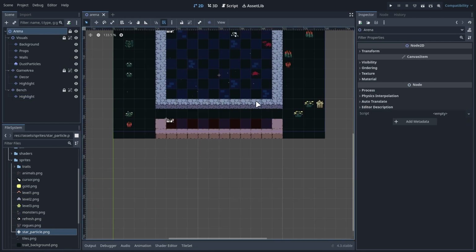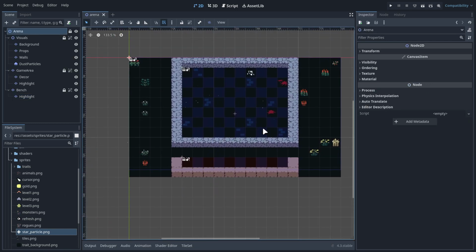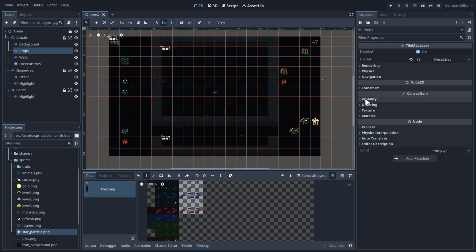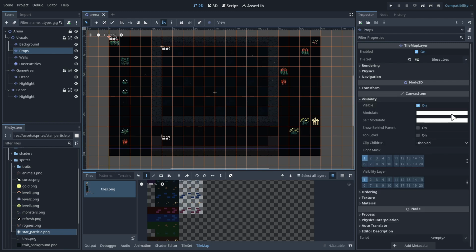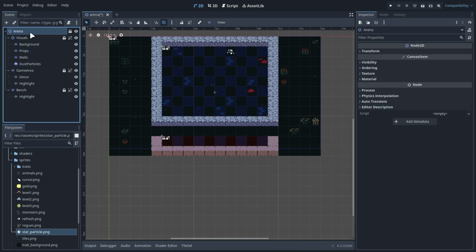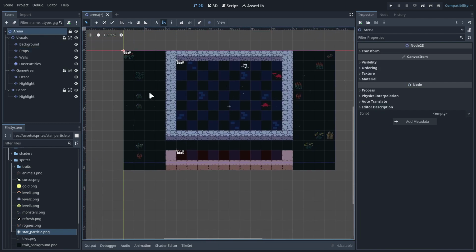Another, well, it's not an issue, but something that bothers me is that these props and bushes and flowers and also these puddles of blood are a bit too distracting for my liking. What we can do is we can select those layers. Let's do the props first. And we can go to visibility under canvas item and set the modulate property to something like this. And if we click back on the arena node, the root node, you can see that it's much less